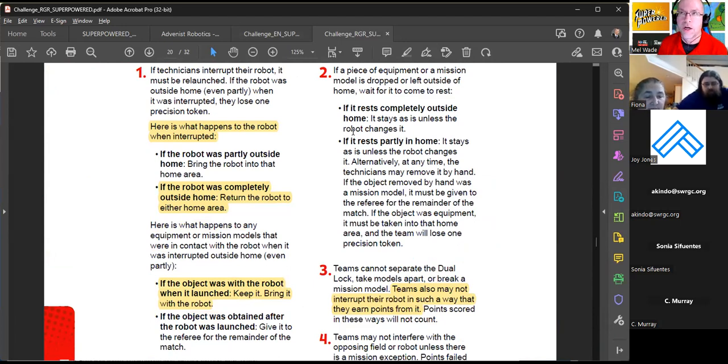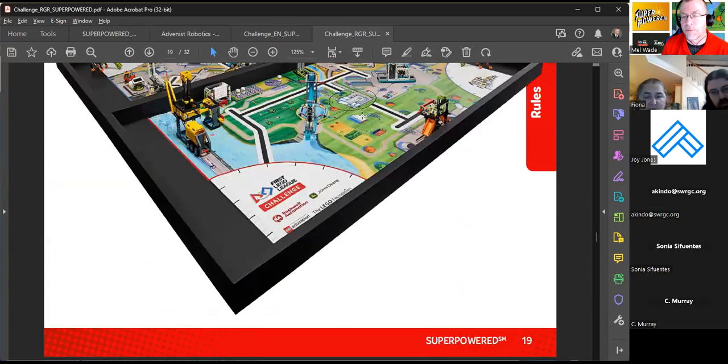I'm a little cautious on this because I'm not the referee there at the field. I'm not the one making the calls. However, there are things that we're giving guidance on and some areas where there might be just a little bit of clarification of how we will address things, how we're telling our referees to address things where there's some ambiguity. So what we want to talk about here specifically to begin with is